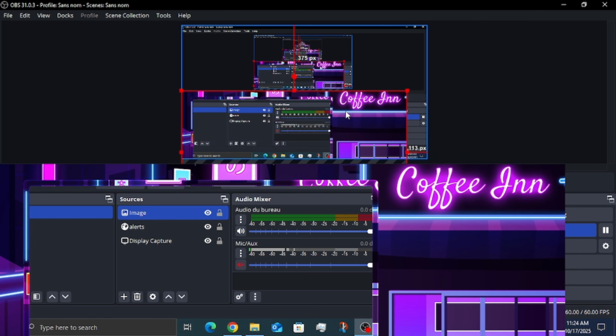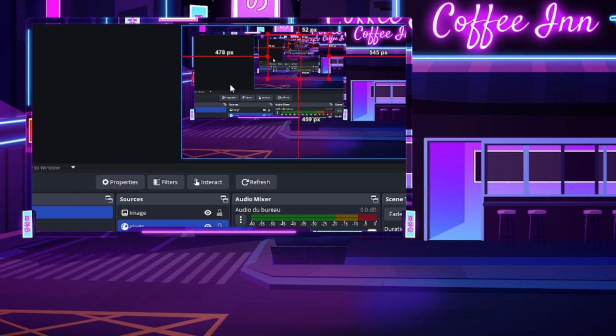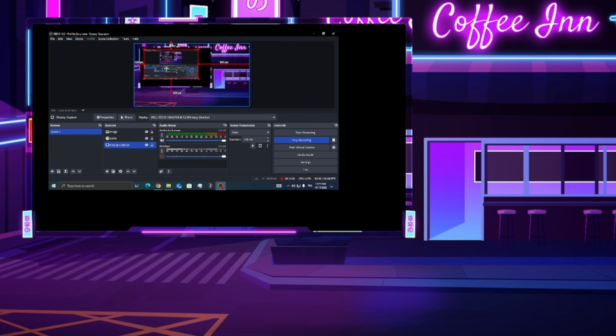You have all the stream package. Now go to OBS Studio, go to Sources, click Plus, and choose Image. Open your image file and